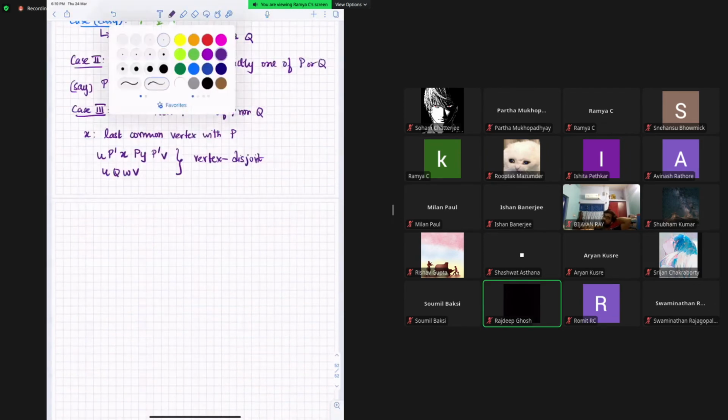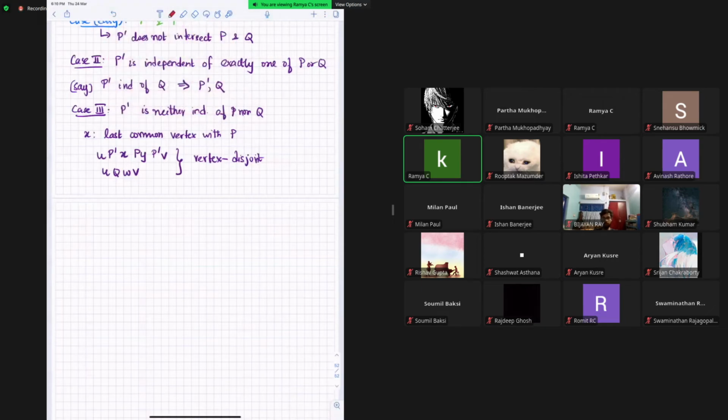So that is the celebrated Menger's theorem. It's just that the proof is a bit too complicated. Menger's theorem for K equal to 2 is like the base case. It's a nice argument though, but we won't do it as part of the course. So this is enough for us. But I will just write down the